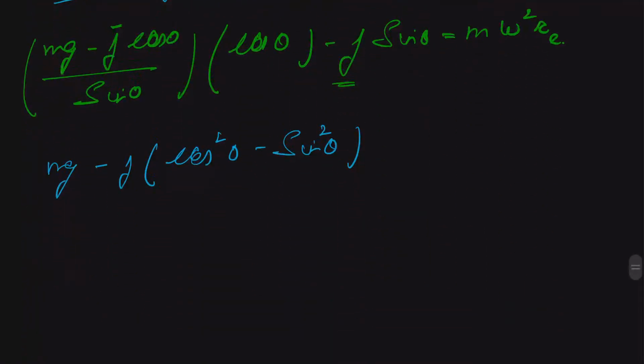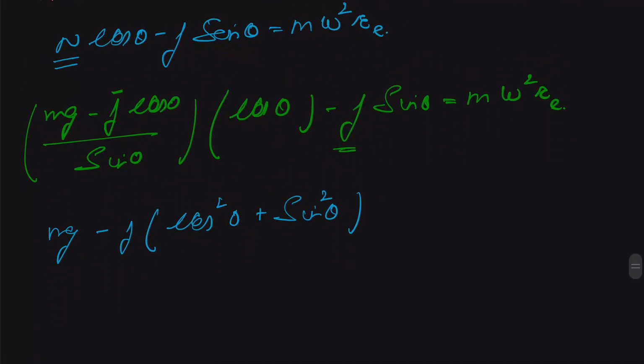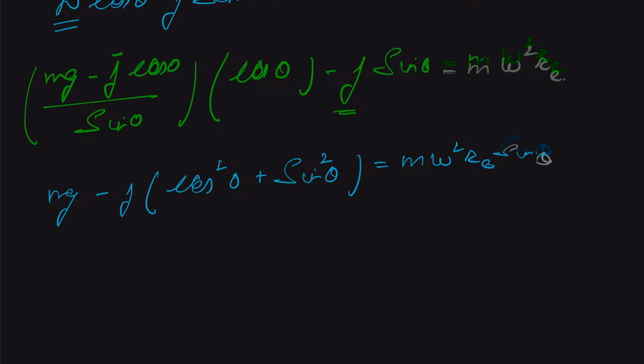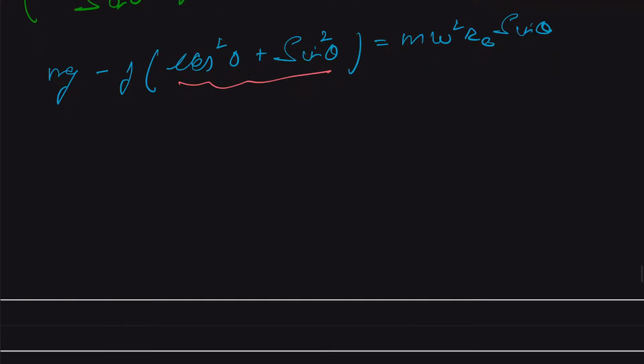Okay, so we can take minus outside, so this will be a plus, and equal to m omega square Re, and this is our sine of theta, and this cos square plus sine square is equal to 1. Therefore, we get that our friction, that is our F, will be equal to,